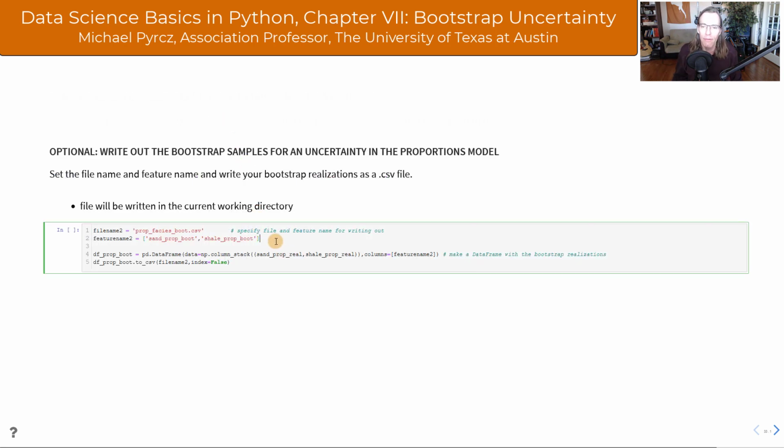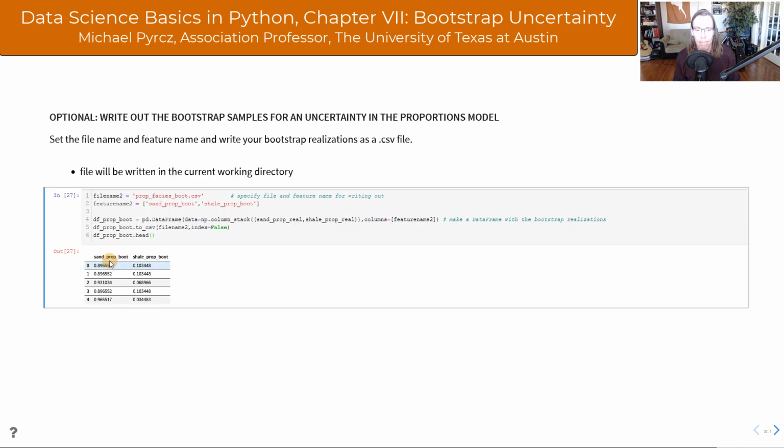Now, like we did before, you may want to write out your results. I just want to show it to you again. We could go ahead and put them both together into one data frame with realization proportion of sand, realization proportion of shale. They'll be complements of each other. And we'll go ahead and create a data frame and then write that out as a CSV file. Not a big deal. If you want to see what that looks like, you could add a head command right there, and you can see it right there, and we can convince ourselves that